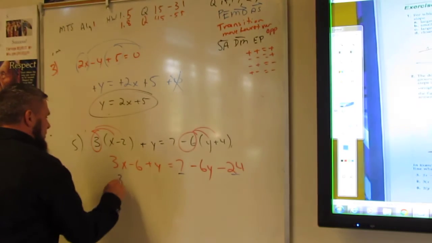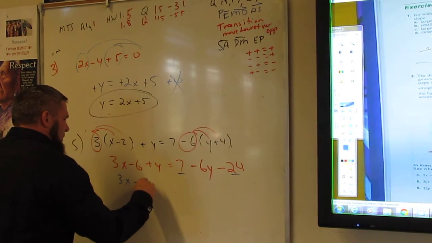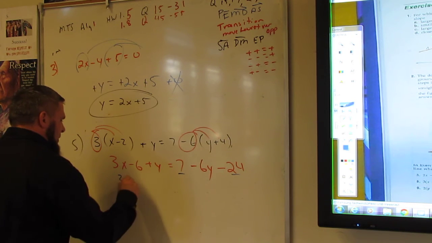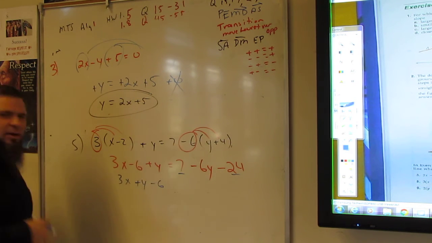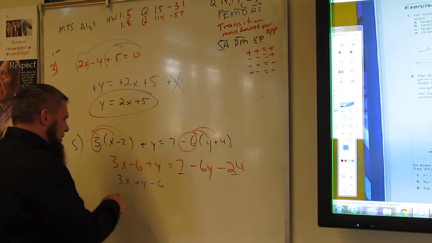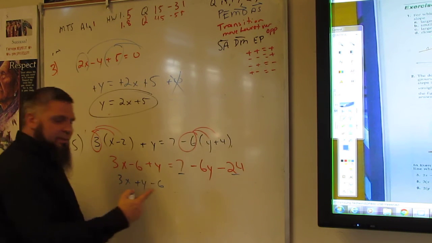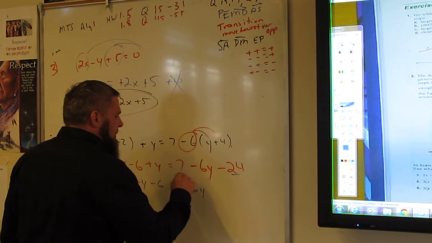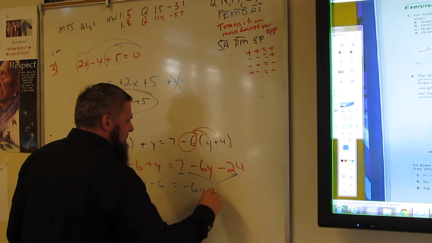Alright. 3x minus 6 plus y. I might as well write this the correct way. Plus y minus 6. That way it goes variables from biggest to smallest, right? X, Y, Z kind of thing, right? In alphabetical order. And then I got negative 6y, and I put these guys together, and I get minus